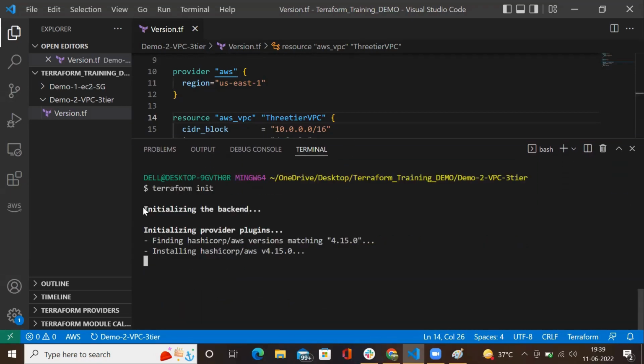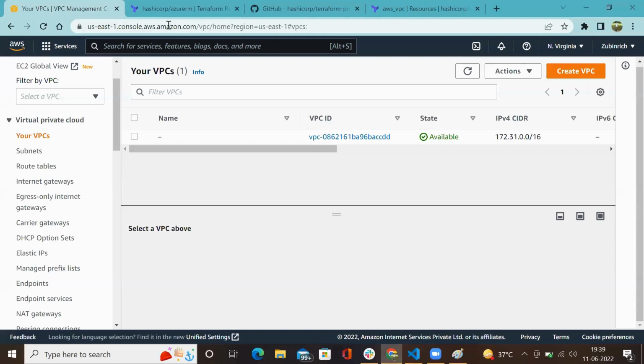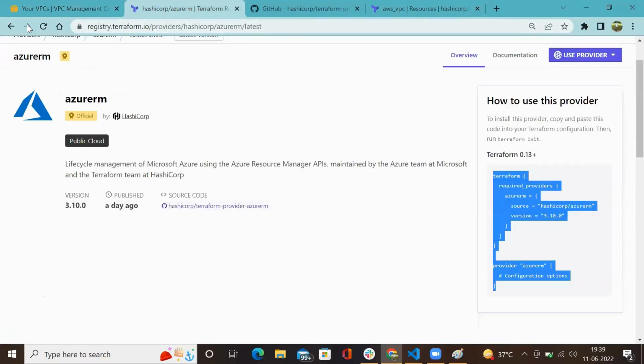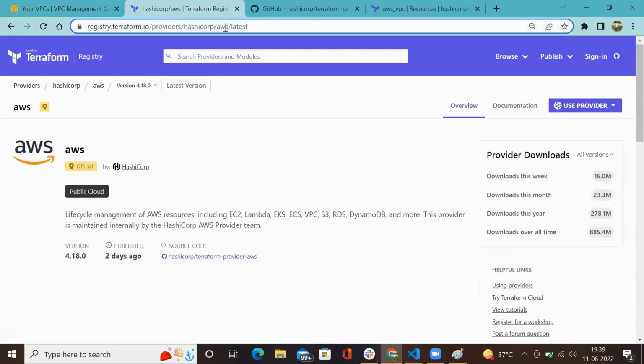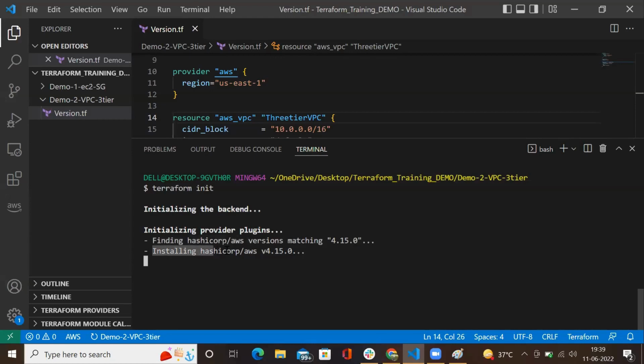So you can see that it is initializing the backend, and now it is finding the HashiCorp AWS provider. It is going to this particular site, looking for this particular directory, HashiCorp AWS, and from there it is downloading this provider plugin. So it is installing now. Okay, it is taking some time. It definitely takes time because it downloads